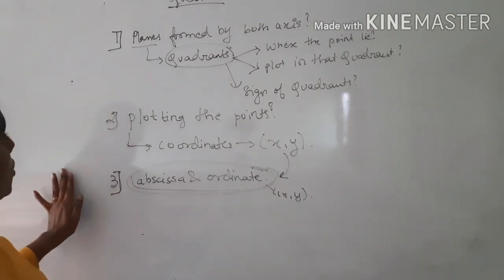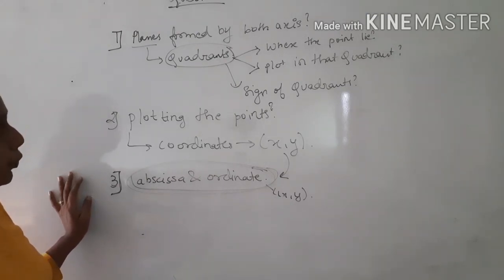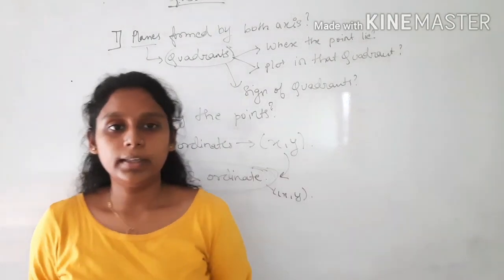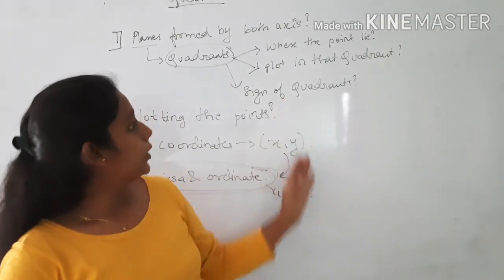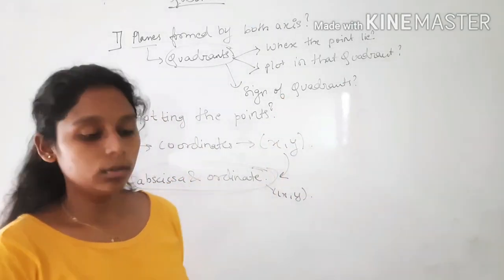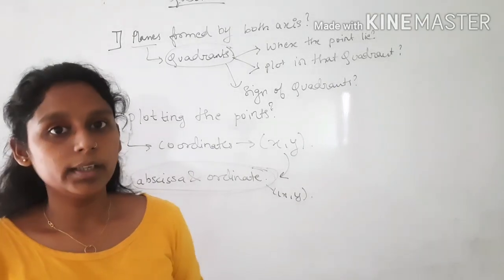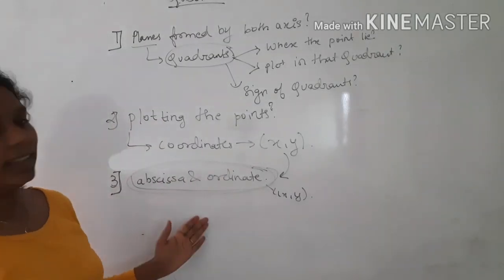Only this much are the questions which are to be asked from this chapter. So I want all of you to revise it very well. You can ask me any doubt whenever you feel like asking. I hope that you have understood it. You can note the questions, and if you have any doubt, ask me very frankly. Don't be afraid to ask me. Okay, it will be very easy for you to understand if you coordinate with me, as it is coordinate geometry.